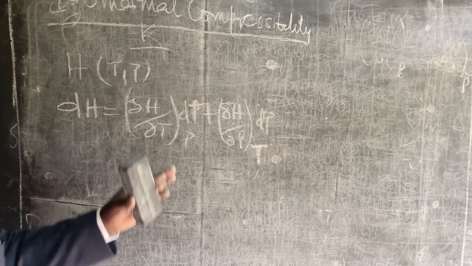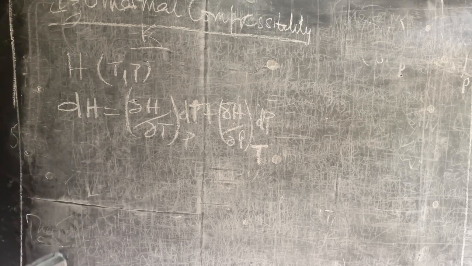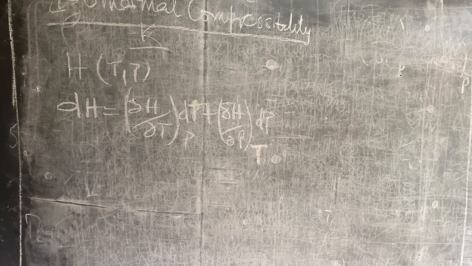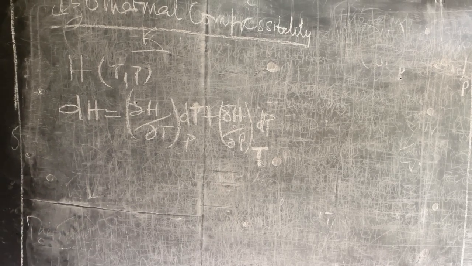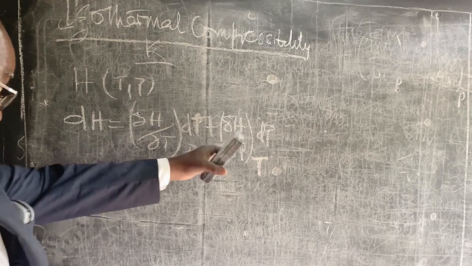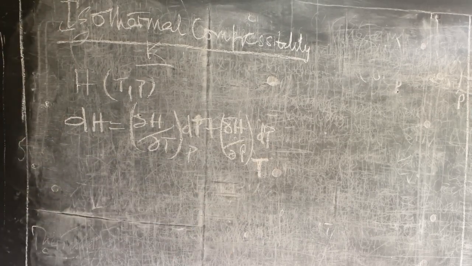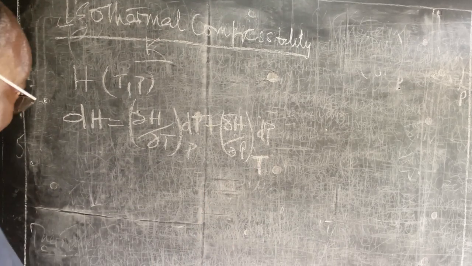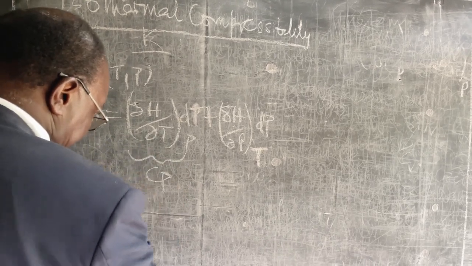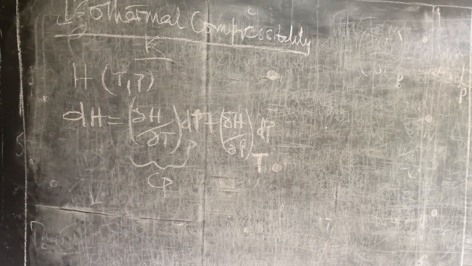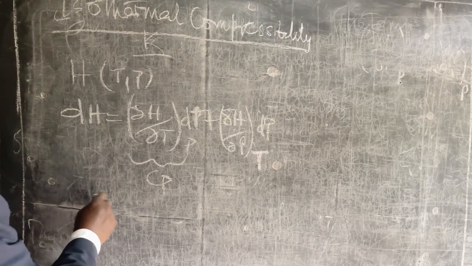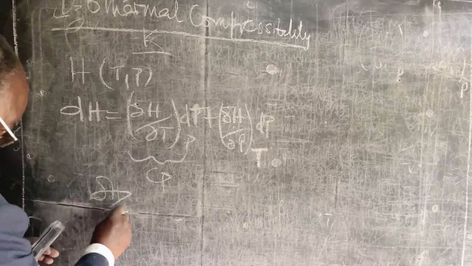Because it's an exact differential. Enthalpy is an exact differential, internal energy is an exact differential, Gibbs free energy is an exact differential, and so forth. So we have dH equals (∂H/∂T) at constant P dT plus (∂H/∂P) at constant temperature dP. Now, we know that (∂H/∂T) at constant P is Cp, the heat capacity under constant pressure conditions. So, if we want to obtain the coefficient (∂H/∂T) at constant V,